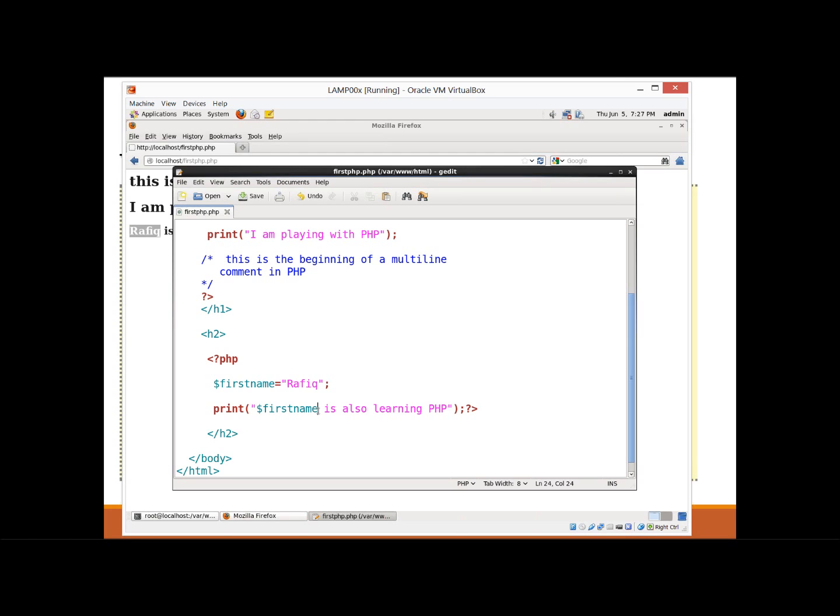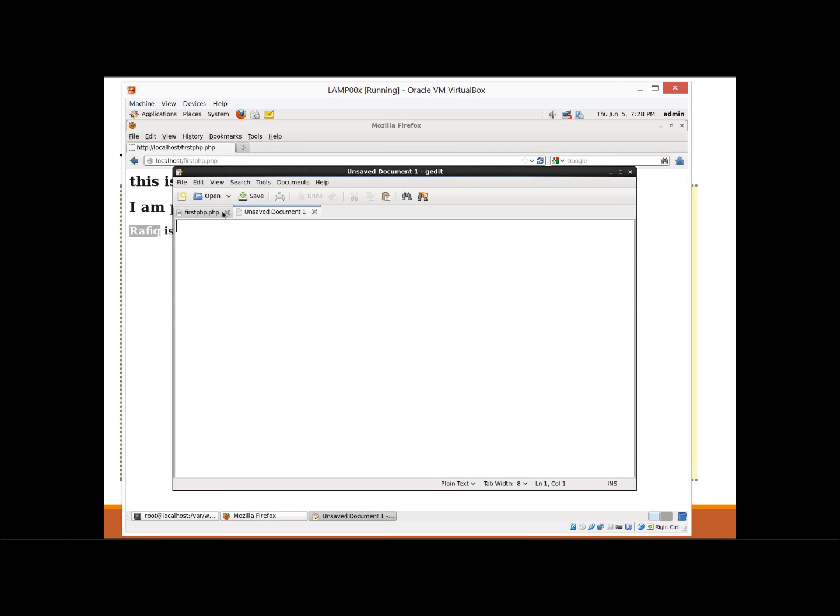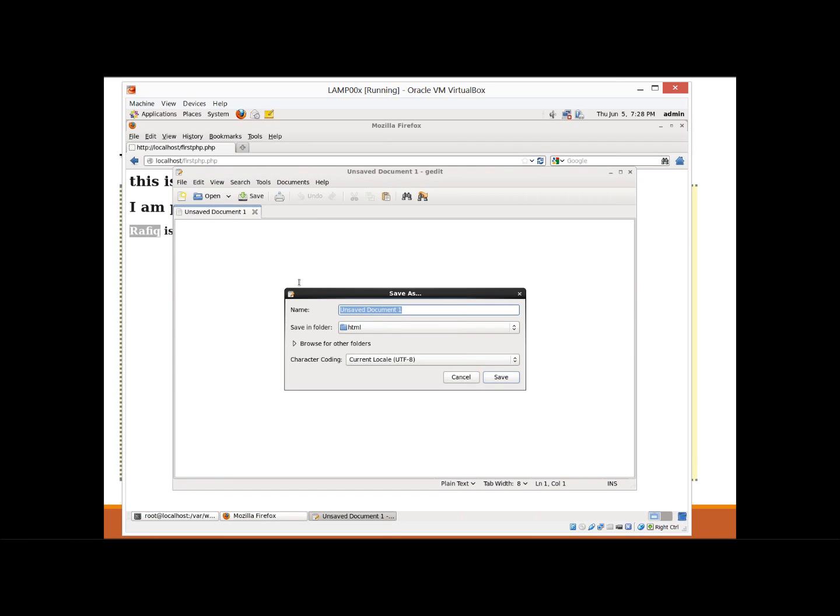Let's do something else. And what I'm going to do is create something simple here. Let me get out of this, and I'm going to create a brand new document, and I'm going to save this as my first form .php,